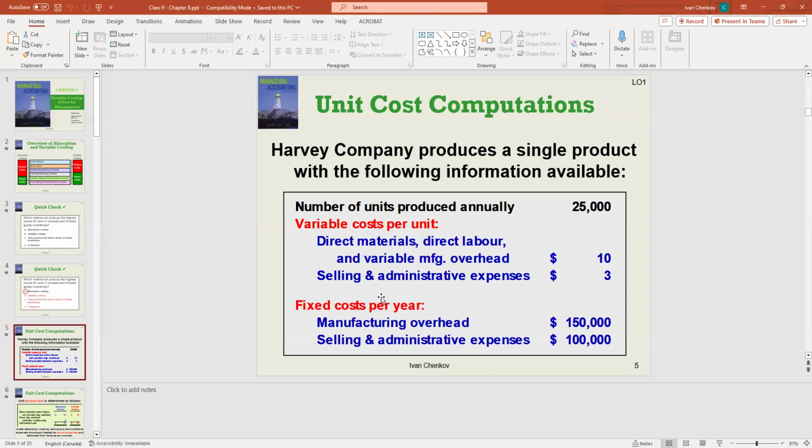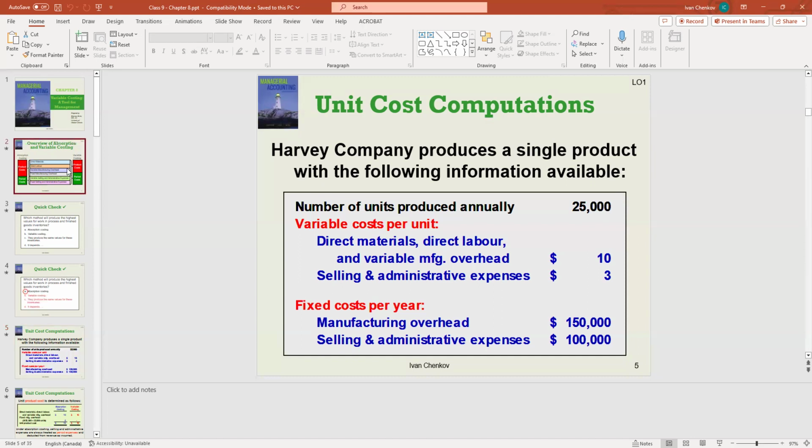Say that again. Selling administrative expenses, that's period cost, correct? So we don't need selling administrative expenses. I want to find out how much my fixed manufacturing overhead cost per unit is. That's all I need to find, right? How can we find that? Just take away the selling and administrative expenses, and use just the manufacturing overhead fixed cost. Yes,